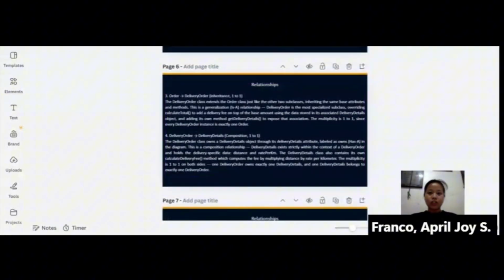So the third relationship is also an inheritance. The delivery order class extends the order class just like the other two subclasses, inheriting the same base attributes and methods. However, delivery order is the most specialized among the three. It overrides calculate total to add a delivery fee on top of the base amount, where the fee is computed using the data stored in its associated delivery details object.